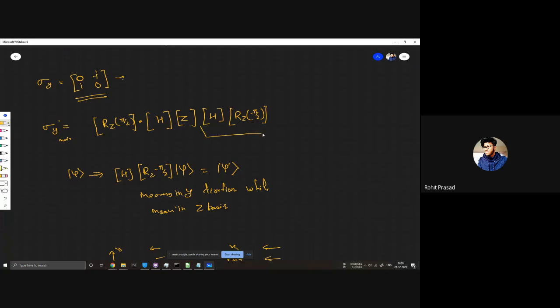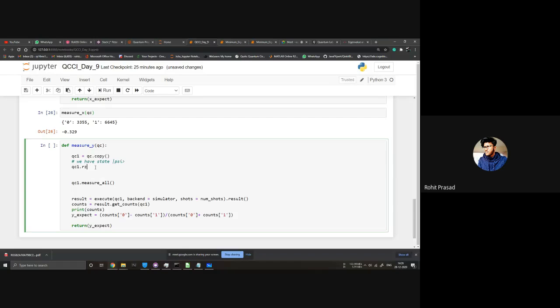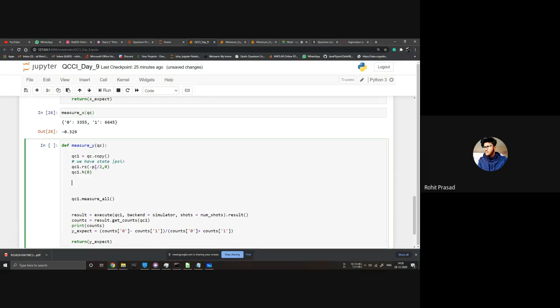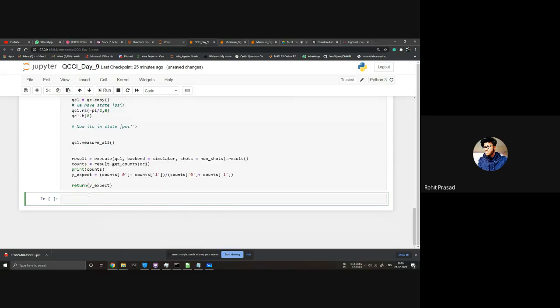So applying this will make you stay minus pi by 2 comma 0, which will be applied on 0 on qc1.h, and it could be applied on 0. It's in state psi double dash. Now when we measure it, we will get our expectation value of that.